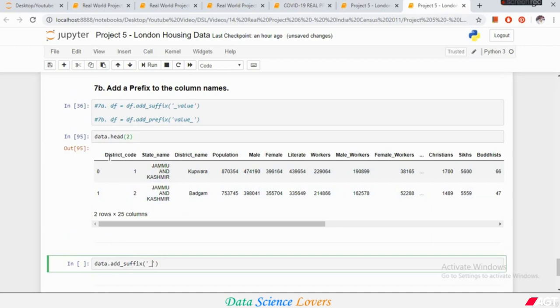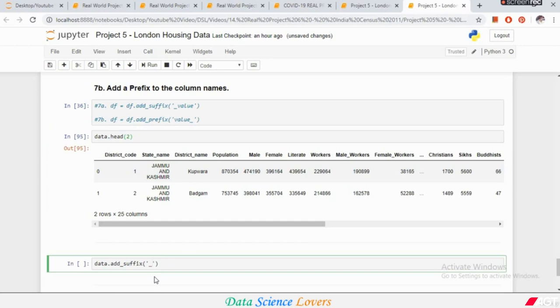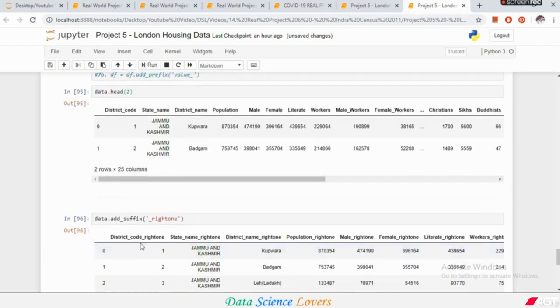So as you can see, now this is district code, this is state name, and if I write the right one, then run this command, you can see that the right one has been added as the suffix to each column. Right one is present in each column. Similarly,